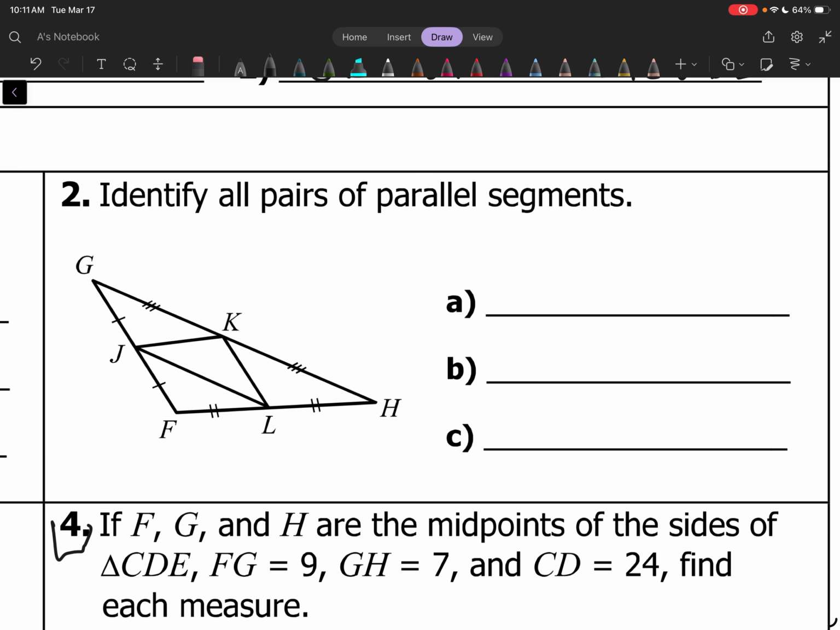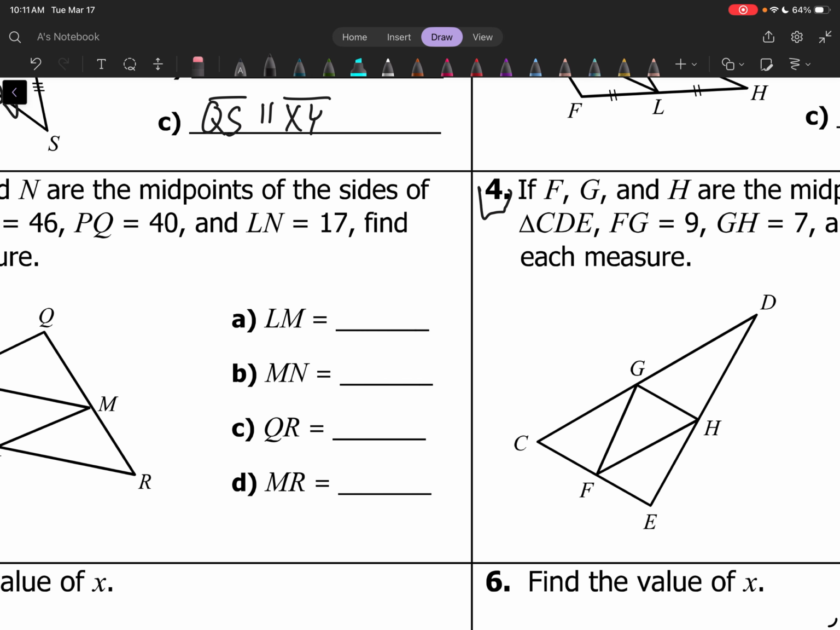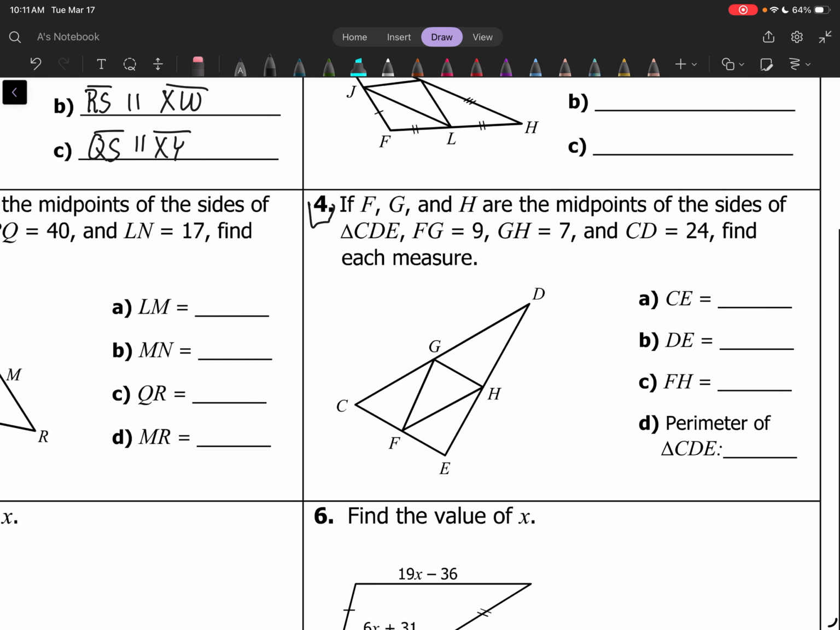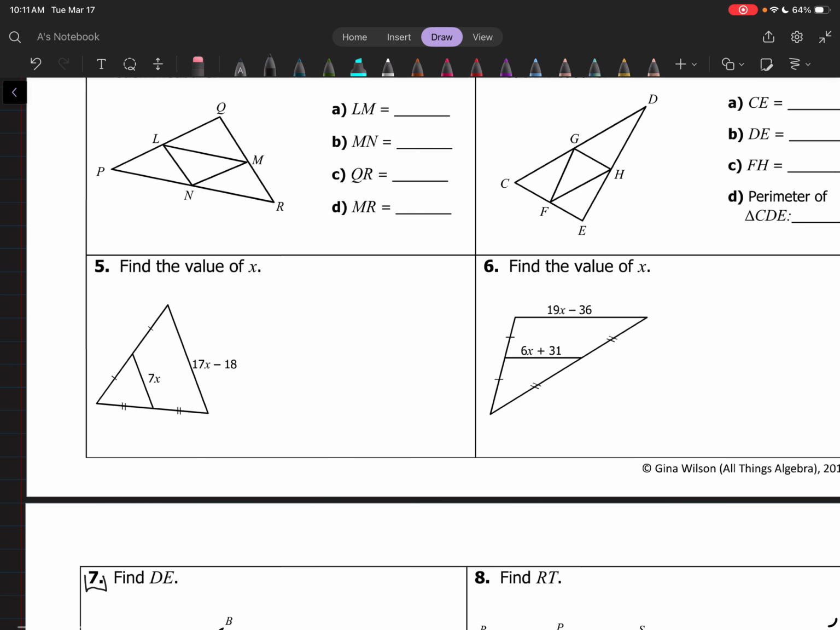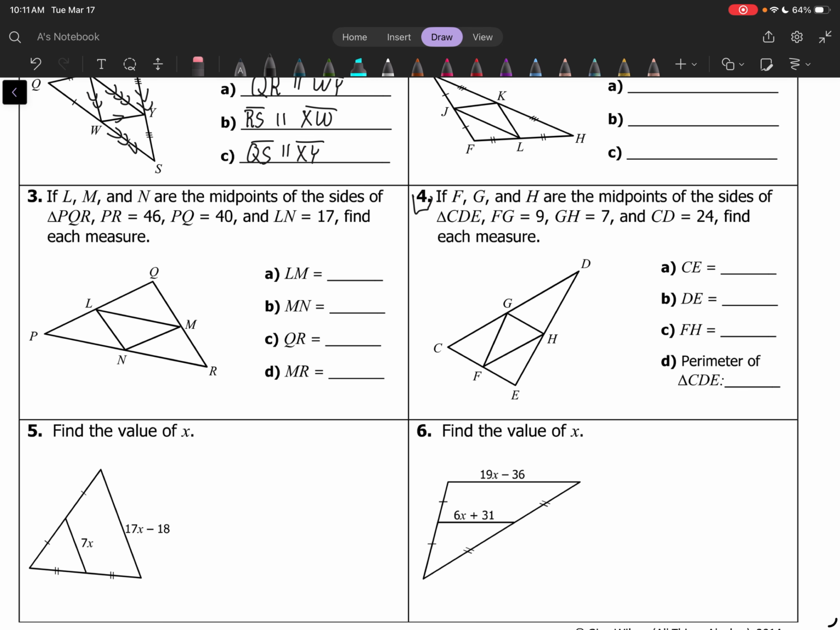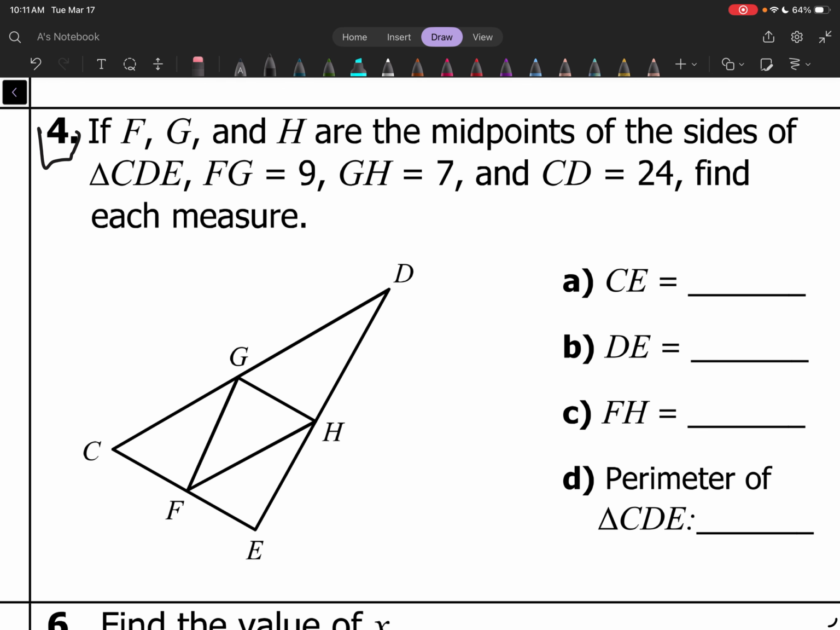Try number 2. All right, I'm going to do a few of these problems and I'll let you do the rest. So on this front page, I'm going to do number 4. If F, G, H are midpoints of the sides of triangle CDE and FG is equal to 9,